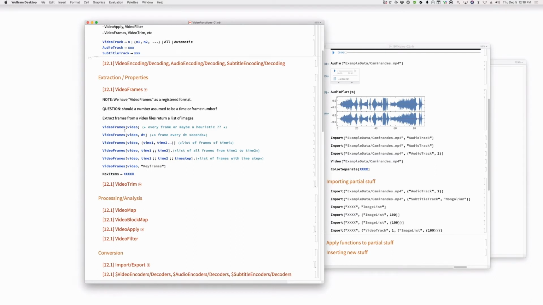Okay, so we've agreed on these pieces, right? Except that we don't like the video frames, video comma DT. The issue we've had with everyone we've shown this kind of syntax is, since it is essentially the part syntax, that it is always interpreted as, this will give me the frame at time DT. Did we not come up with a different approach to do this particular thing of give me